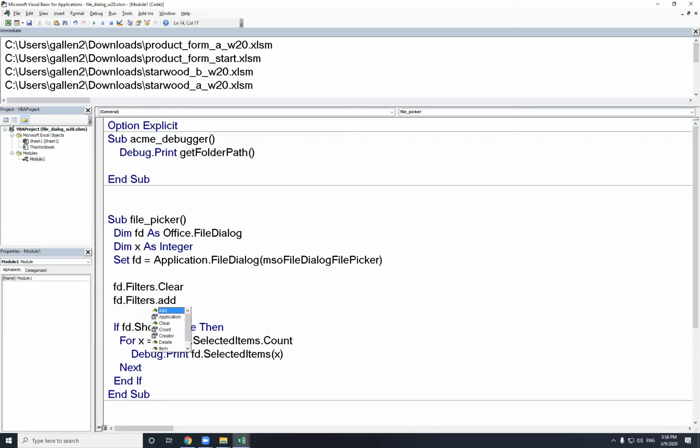fd.filters.add. Now we've got a couple of arguments here. The first one is the description. What's the English language or Spanish language or Portuguese language description that you want here? So I'm just going to say these are Excel files. Then my second one is going to be a filter that gets me down to just those ones that I want to see. So here, I'm just going to put star dot XLSX. And I do not need the parentheses here. I don't know what I was doing with the parentheses. It's not returning anything that I need to keep a hold of,